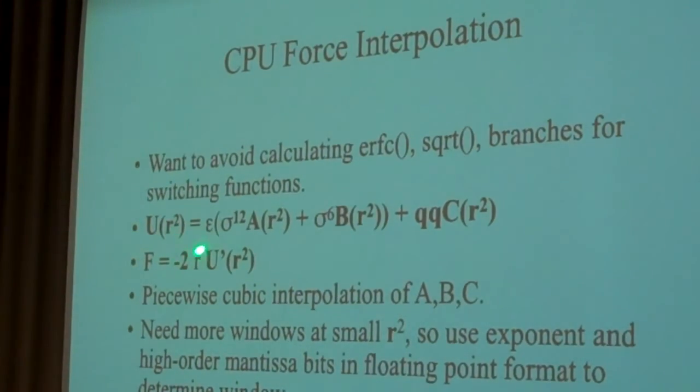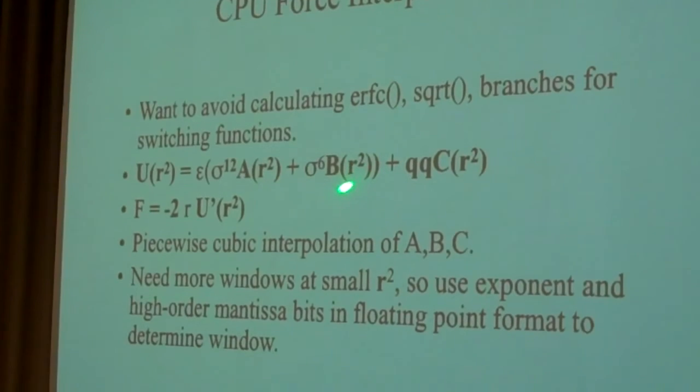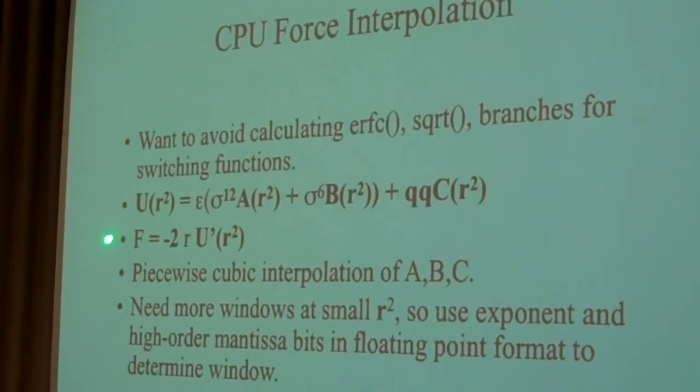This is what's done with the CPU, where there are table lookups for what we call this A as a function of R squared, B as a function of R squared, and C as a function of R squared. And then the force is calculated as the derivative of this. As the negative derivative of this. And so here, A, B, and C are calculated using a piecewise cubic interpolant, and it's done